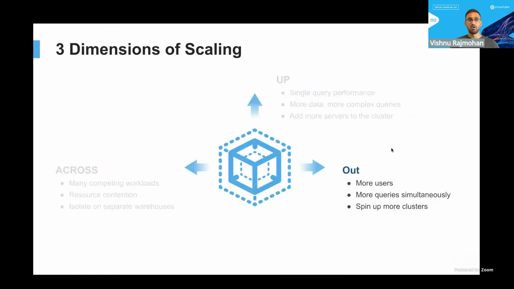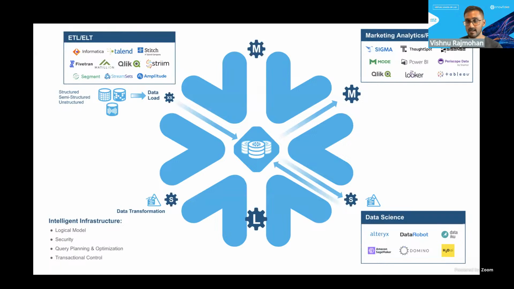Okay, now all that being said, the third dimension of scaling is scaling out. Now, this is very interesting, particularly considering BI workloads. When you have BI workloads running, you're going to expect multiple users using your dashboards, running queries simultaneously. And when that happens, what usually happens alongside it is